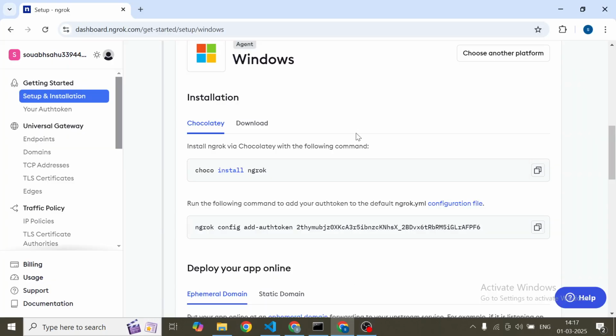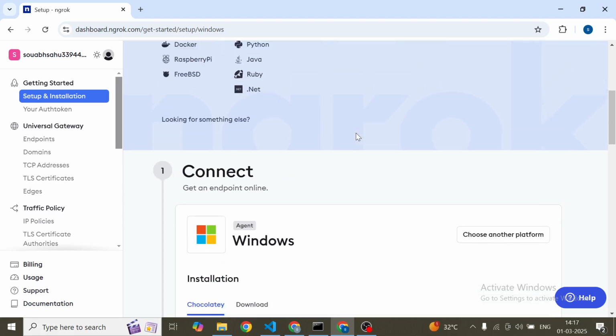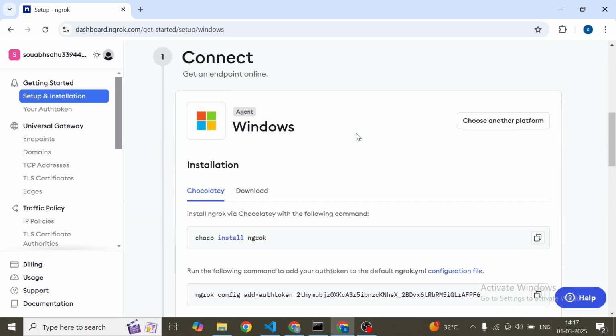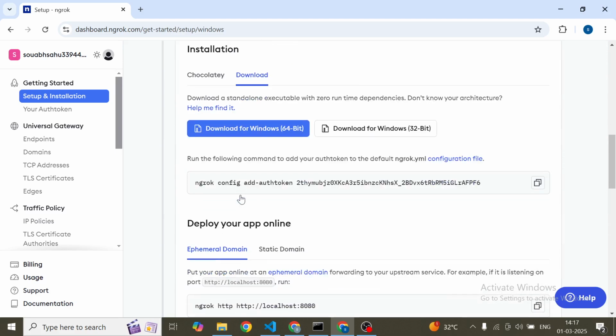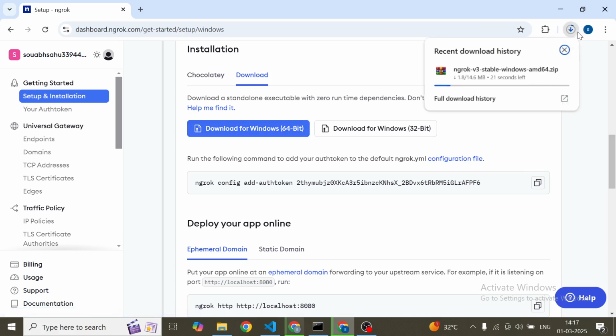Okay, so in this video we will see how we can set up Ngrok for Windows. Yeah, this is available for Windows, Linux and Mac also. So first thing we have to download for Windows like this, and I have already downloaded and set it up,